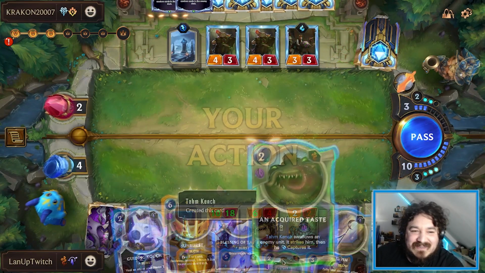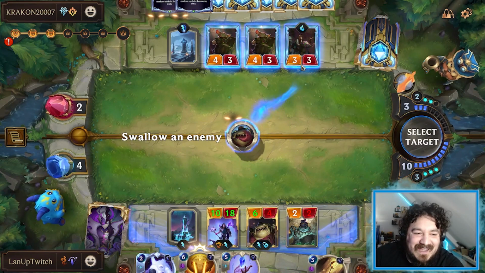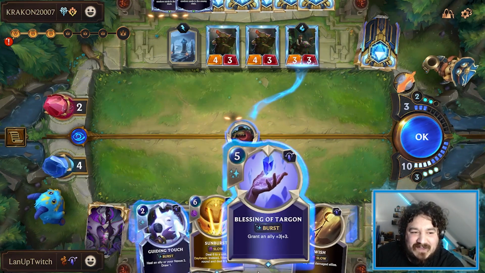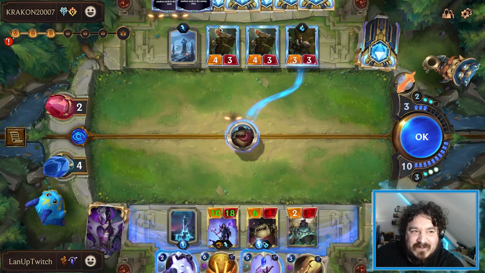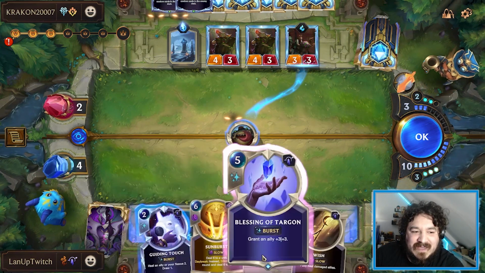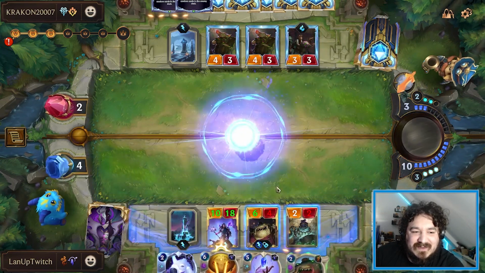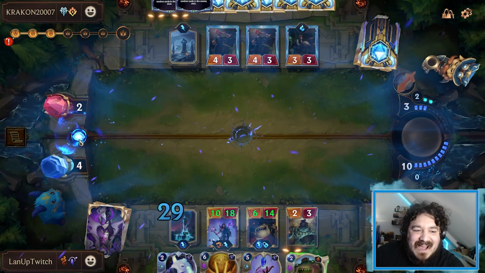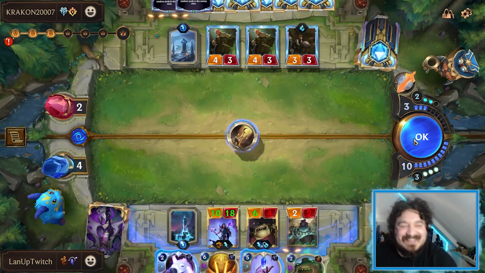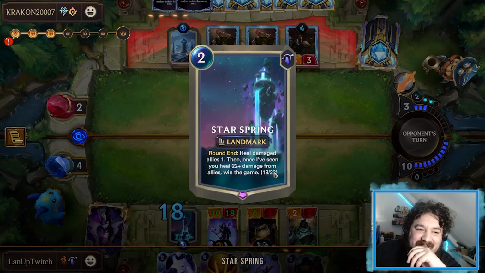Puff Cat Peddler. Do I go for eating the Peddler now? We could throw down Blessing of Targon if they go for like a Mystic Shot, or get excited and then go for Wish, or do I just go straight for Wish first? I feel like I don't chance it. I feel like I'm chancing it if I go for the Acquired Taste first. So, go for the Wish, which means that the landmark does...